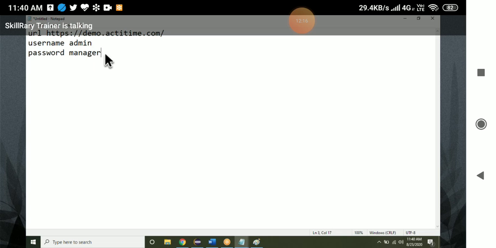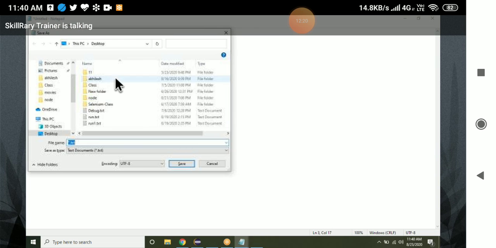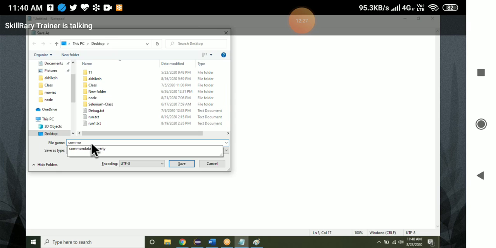Open Notepad, then type the lines, then save the file. Save the file on the desktop. I'm saving the file as common data dot property.